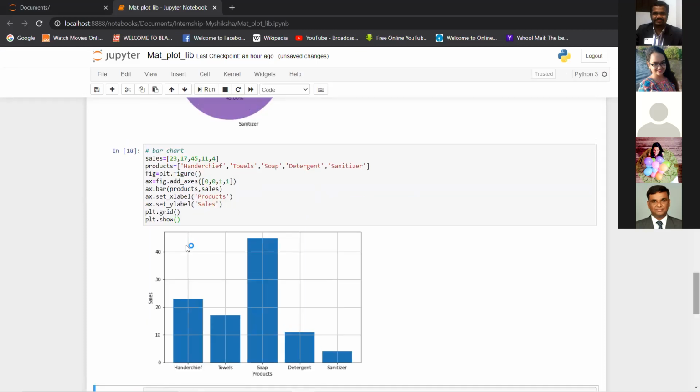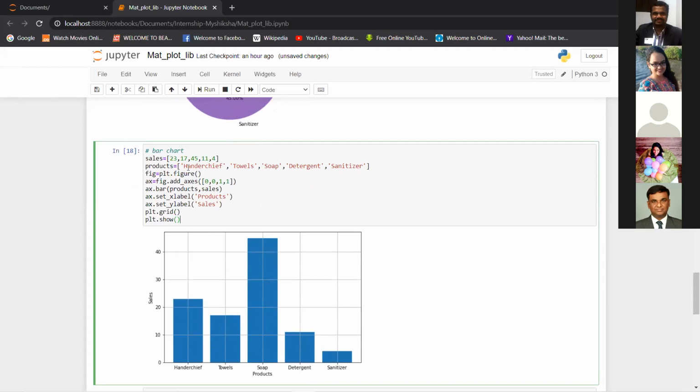So this is what I get with the bar chart. Now these grids you see here are because of this plt.grid I used just before the show. If I use the grid, it becomes very easy to see if my bar is going a certain level above something. The correlation between values is easier to see if I use the grid. So grids are sometimes very useful like that.